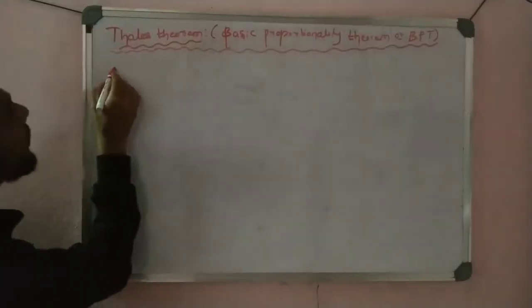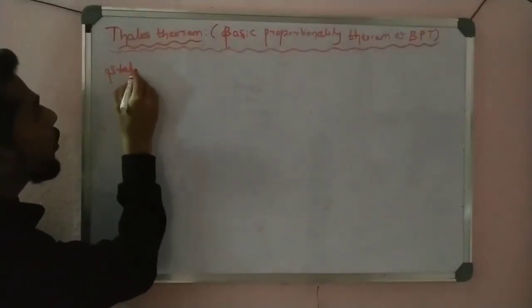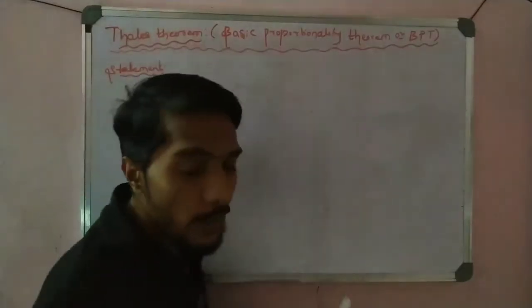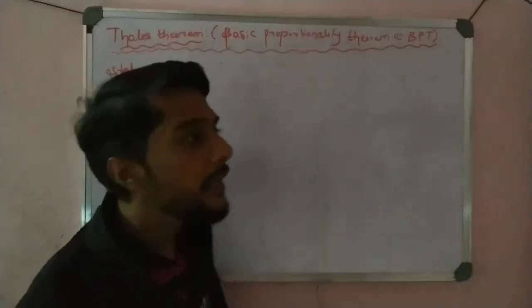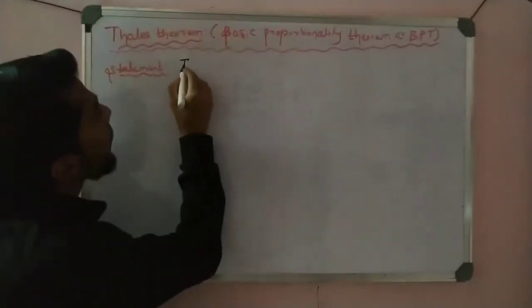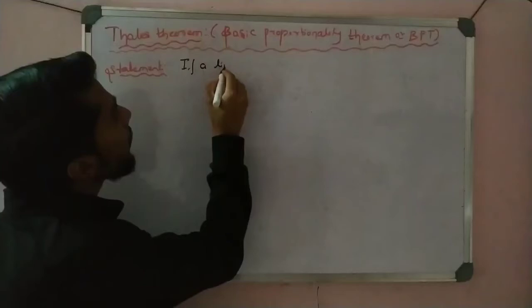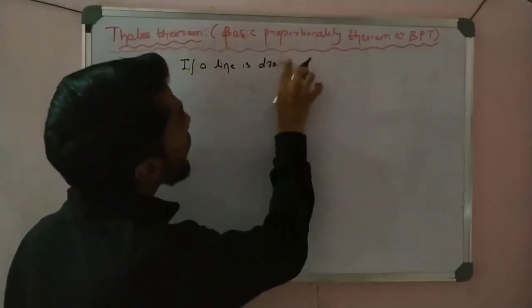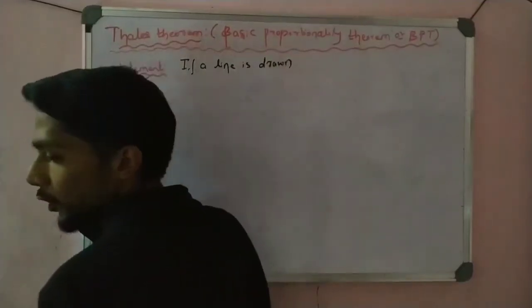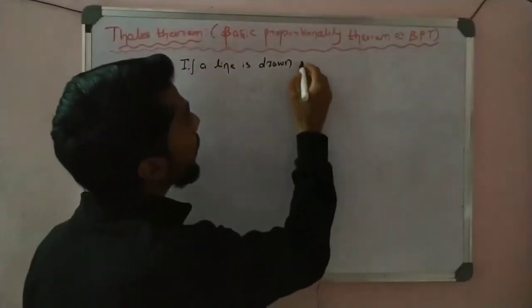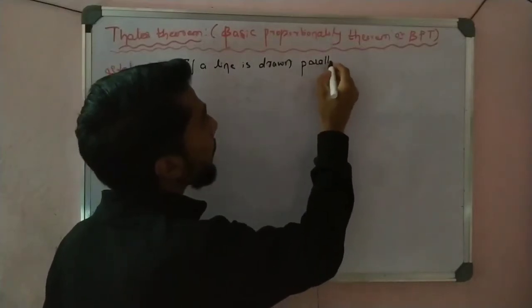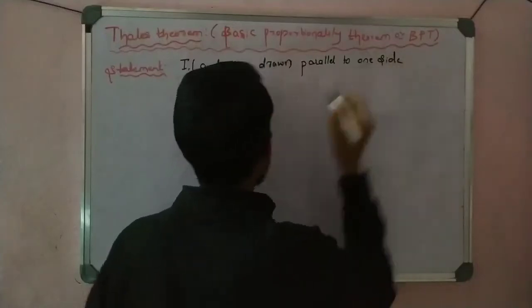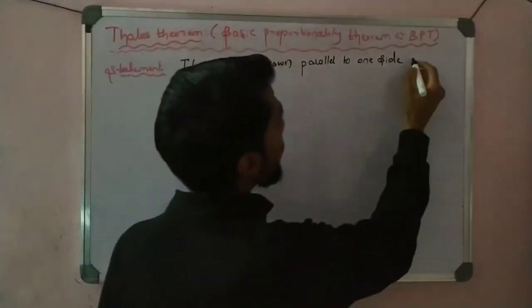Now come to the statement. You must memorize this statement. So now the statement is, if a line is drawn parallel to one side of a triangle